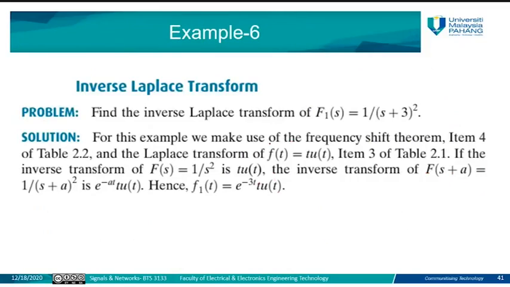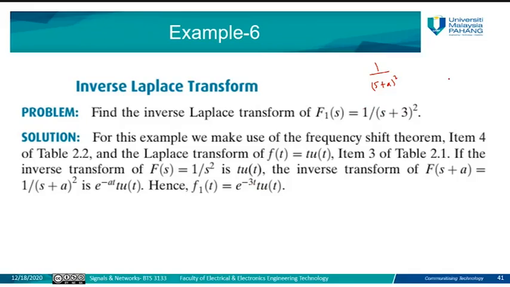This is an example of how to calculate the inverse Laplace transform without using the integration method. You have the function F(s) equal to 1 over (s plus 3) all squared. This function you can find directly from the table that we have. We already saw such a formula, which is 1 over (s plus a) squared. So if you go back to this table, you can find the function for this, which equals exponential negative